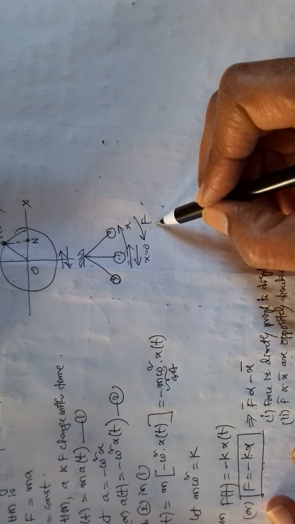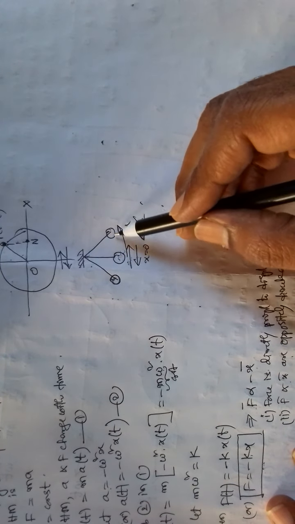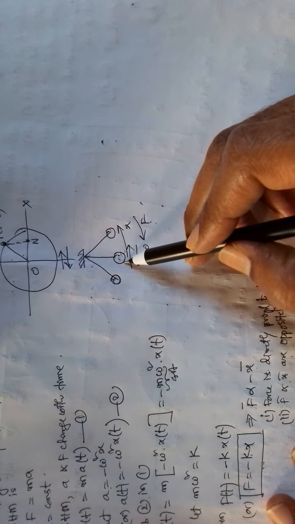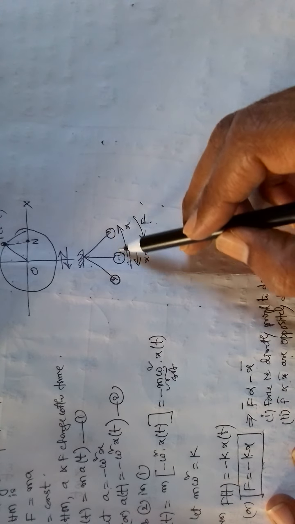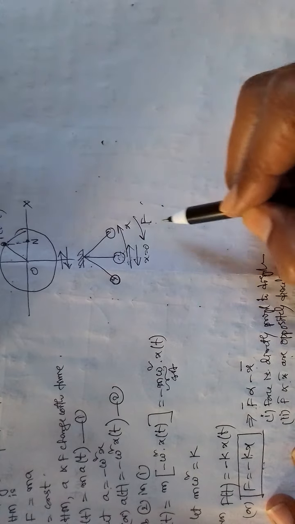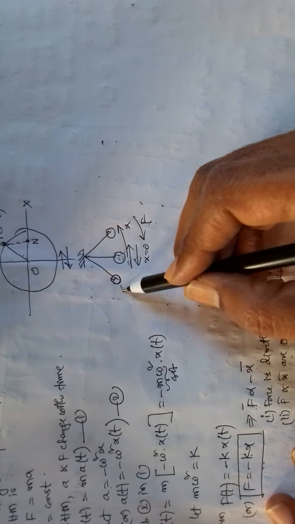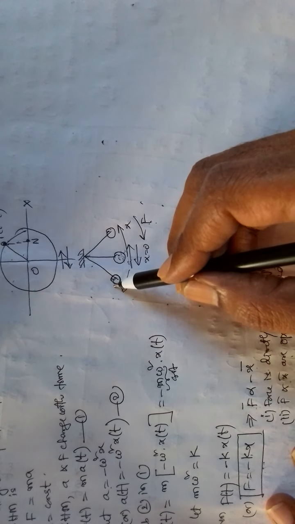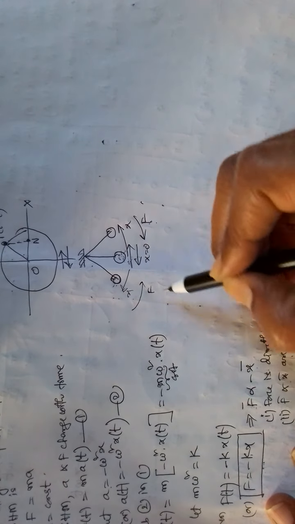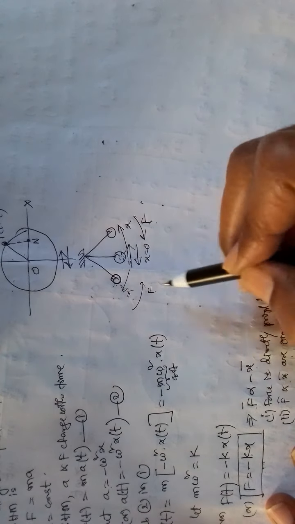This force can also be called a restoring force. If you move the bob to the right hand side and you leave it there, it automatically comes to the left hand side. Who is bringing the bob to the left hand side? Restoring force. Similarly, if it is displaced to the left hand side and you leave it there, automatically it moves to the right hand side. That is, the restoring force will be to the right hand side. So it is always in the opposite direction to the displacement direction.